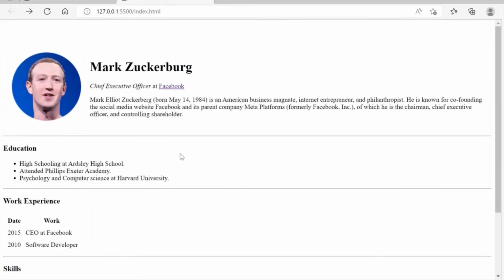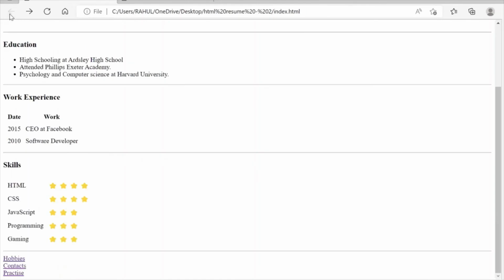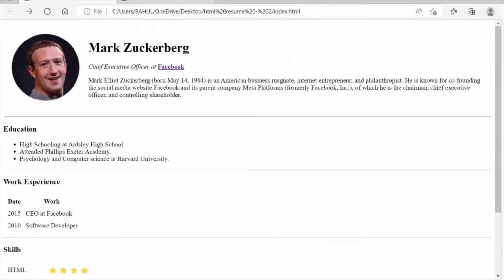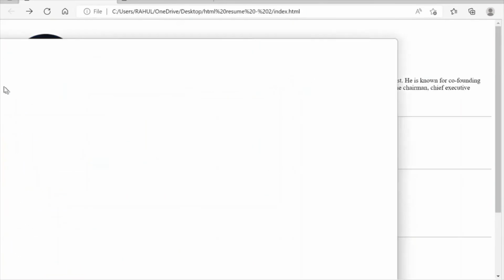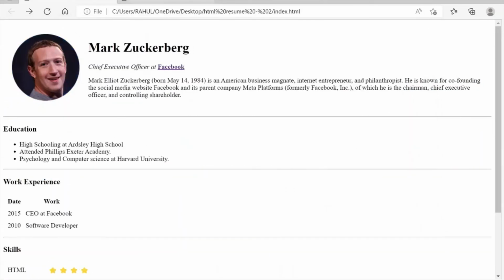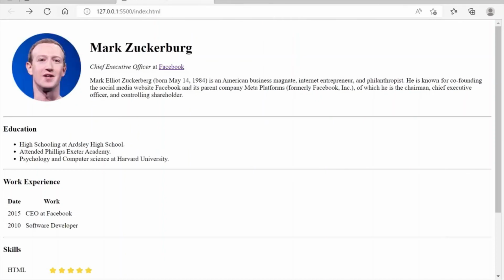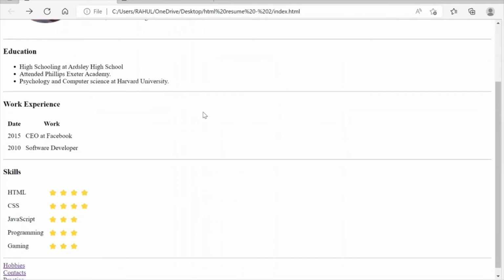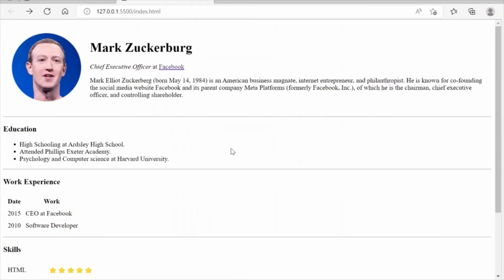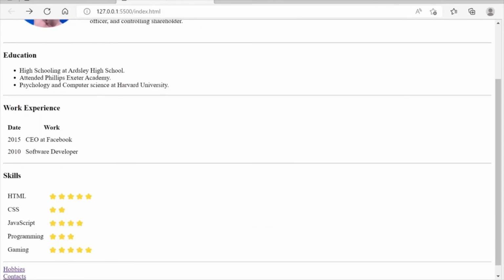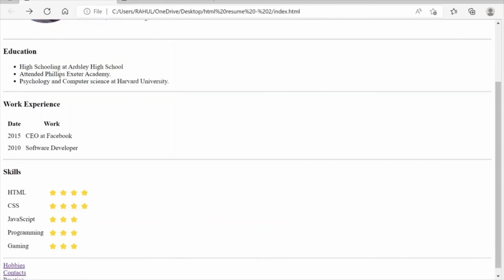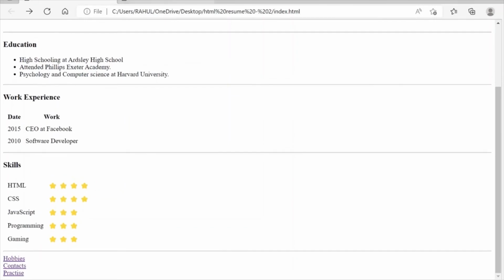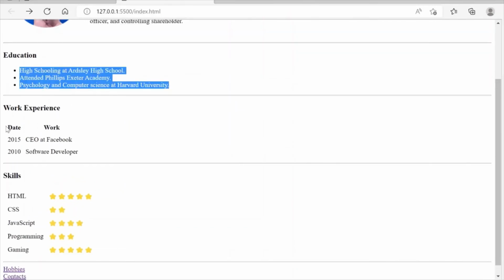Now let's go back to our initial site and let's see whether we have achieved what we wanted or not. So initially you can see that we needed a photo, we have a picture, then we needed the name, and then we needed the role, and after that we needed a brief introduction. So this was the first section that we needed. Then after that we had the education section where we needed an ordered list and the education mentioned there. So we have achieved that too. The third section was work experience. We had created a work experience along with the table. So that was done too.